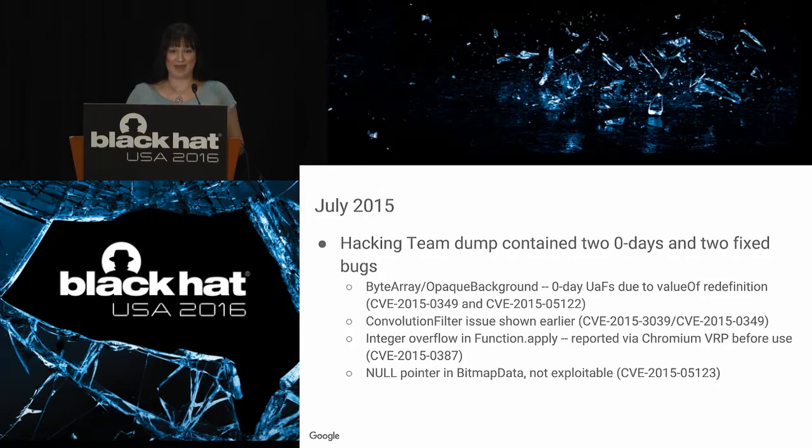What was interesting about that is in Hacking Team's emails, you could see that they actually had this bug ready for use, and then it closed. The reason the bug was fixed was that it was reported to the Chromium VRP program. So I think that's kind of cool. That's an example of a bug bounty actually preventing a bug from being used by an attacker. And then finally, there was a fifth bug that got fixed, which turned out not to be exploitable, though it was easier just to fix it at the time.